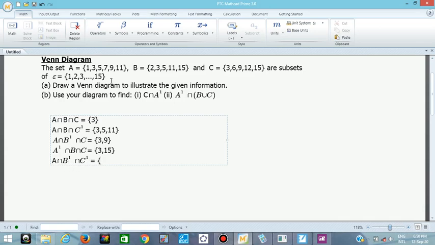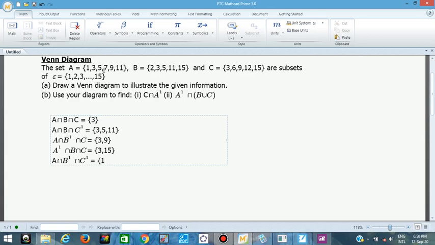I only need the one in A. You understand? The elements are in A, we don't have them in B, we don't have them in C. They are only in A. For example, we have 1. 1 is only in A, 1 is not in B, 1 is not in C. That is 1. Let's check again.